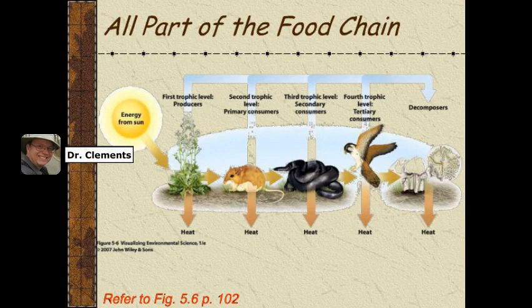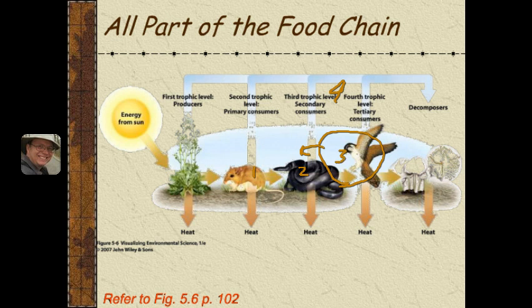Okay, now we're at the fourth trophic level, and here's Mr. Hawk. And Mr. Hawk swoops in, and he's going to grab up that snake, and he's going to have him for dinner. He's at the fourth trophic level, but count them up now. We've had 1, 2, he's the third, or the tertiary